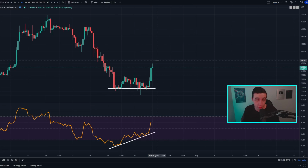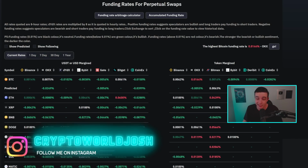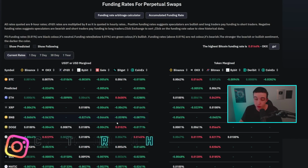And speaking of bullish confirmation signals, taking a look at the funding rates for Bitcoin, Ethereum, and all of these other coins, because right now the funding rate across most exchanges for most of these coins are currently sitting in the negative. And in case you're new to all of this, this basically means the majority out there are trying to short Bitcoin and these other coins, because basically when the price on the derivatives market is trading lower for these coins than the spot market, that essentially means the short traders are outpacing the long traders, meaning they're pushing the price down on the derivatives market, which puts the funding rate in the negative territory,